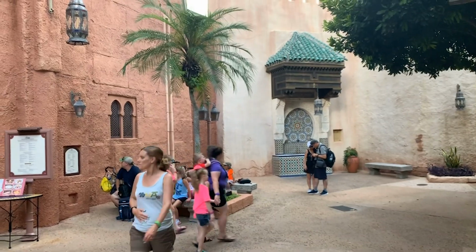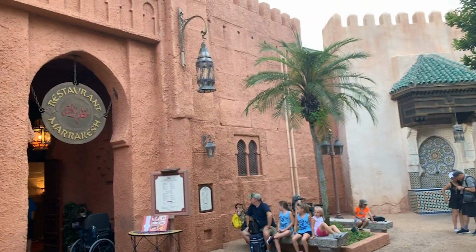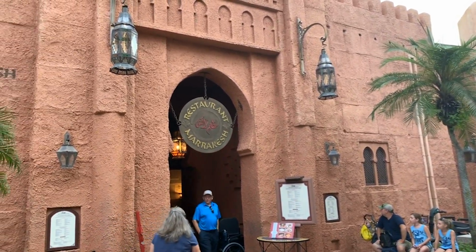As far as entertainment goes in Morocco, there is a band that comes on certain days. They're not here right now, probably because it's about to start raining, but there is a band that you can jam out to towards the front of the pavilion. Character-wise, you can meet Jasmine here, and sometimes she's even joined by Aladdin. In the back of this gorgeous pavilion is Restaurant Marrakesh, which is the full-service restaurant here, one of two, and